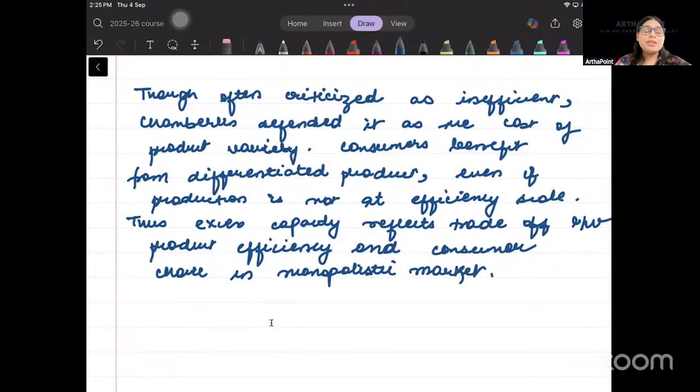हमने अब ये भी बता दिया कि हाँ इसमें inefficiency होती है, but Chamberlin ने ये बोला कि ये जो inefficiency है, this is the cost of product differentiation. Ultimately एक monopolistic market में you are getting multiple products, you're getting differentiated products, right? So you may think that it is inefficient, but there is a trade-off between efficiency and consumer choices that you are getting. This is a complete answer, beta.